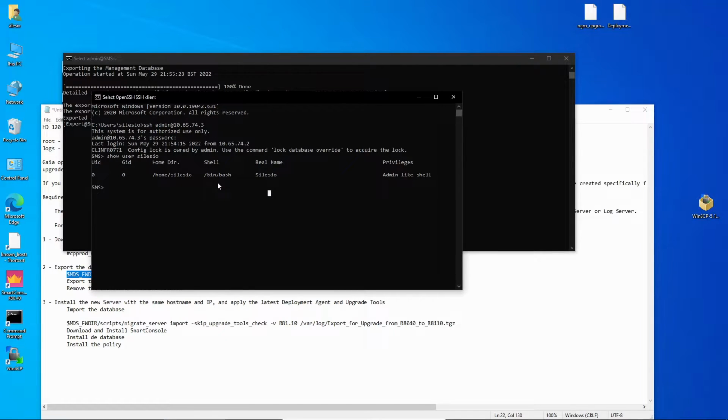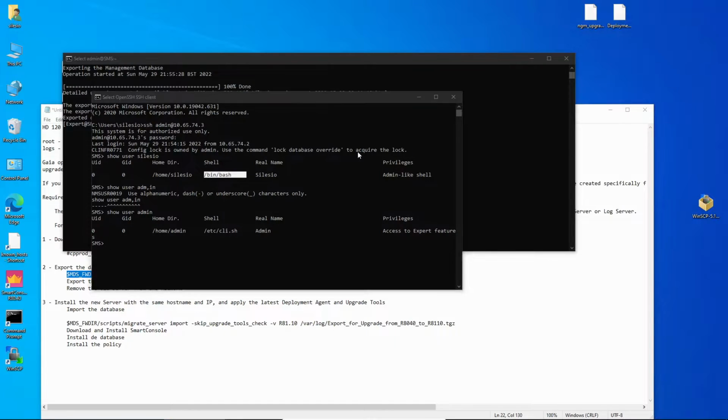So as for user admin, really, it has a different shell. Okay, so just take this into account. You have to create this new user, and the shell has to be bin bash. So now, yes,